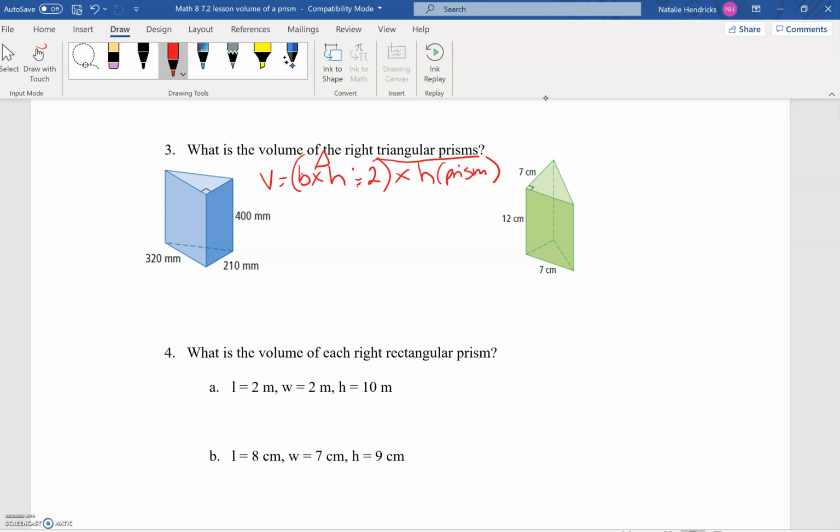So the base, when you look at the triangle, is this line. So when you match it, it's this one. So it'll be 210 times the height. Well, this is the height of the triangle. They wrote it there. So that's 320 divided by 2. So let's do this part first. So I have 210 times 320 equals